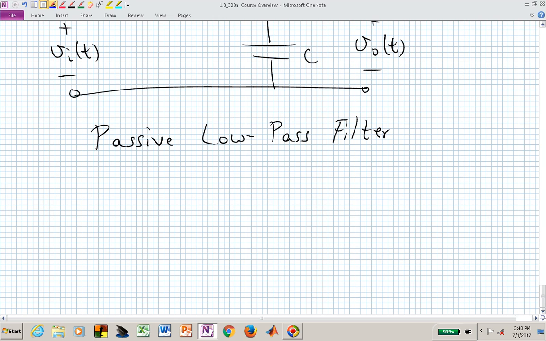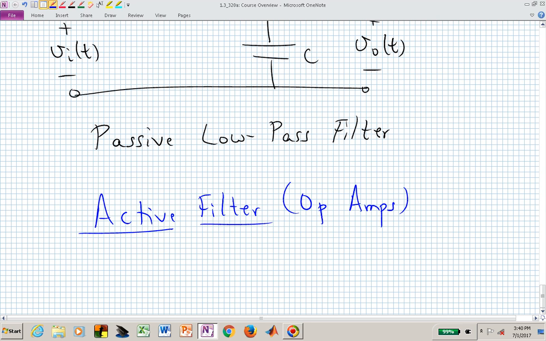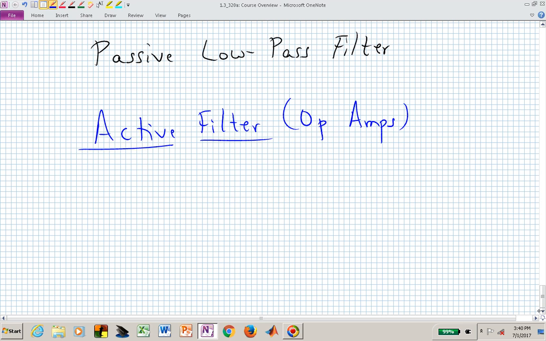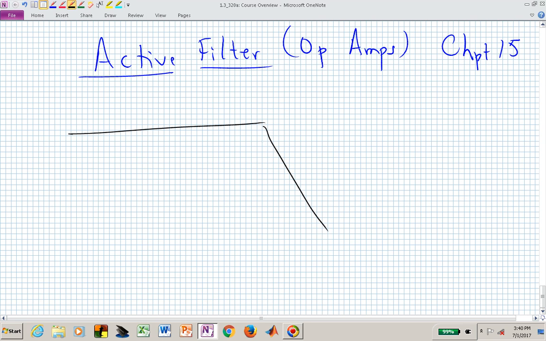Once we've understood a little bit better about this frequency selective behavior of systems, we can move into active filters. And now active filters means that we're dealing with operational amplifiers. We're now powering up some additional circuitry that we then interconnect around these op amps with R's and C's. And that allows us to have a little bit better ability to manipulate the frequency response of these filters, which means that maybe we can have, for the same